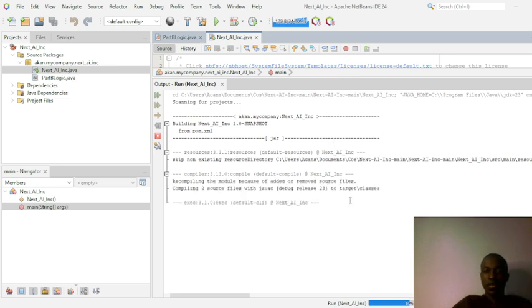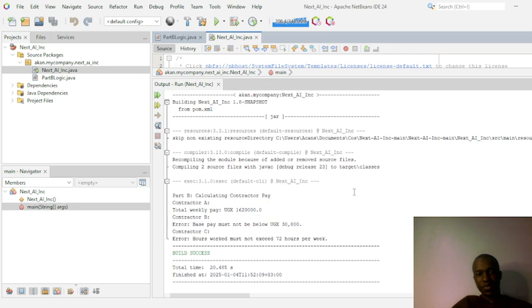The file is still compiling. Now after the file compilation, we can see Part B calculating contractors' pay. For contractor A, the total weekly pay is 68,000. For contractor B, it prints an error since base pay must not be below 30,000. And for contractor C, hours worked must not exceed 72,